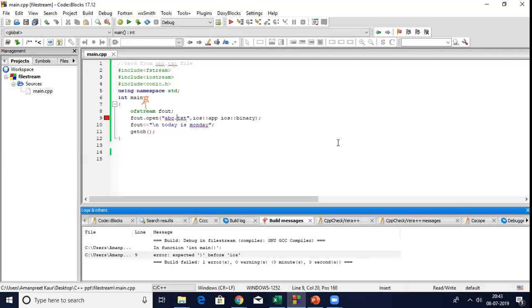Let's remove your space then. Must be having some solution, and that could be